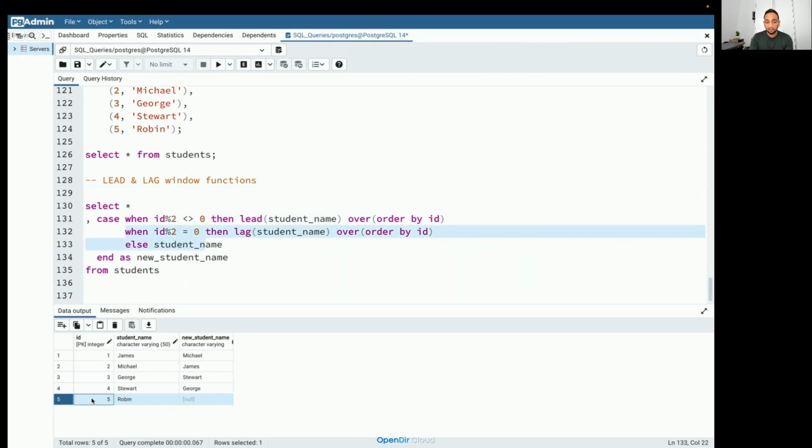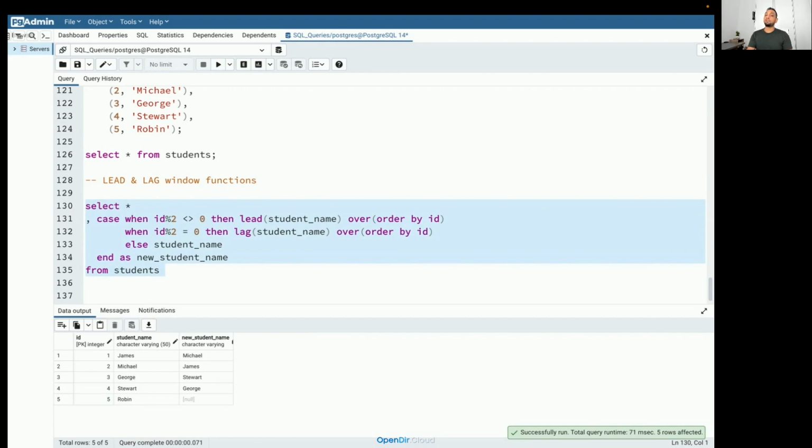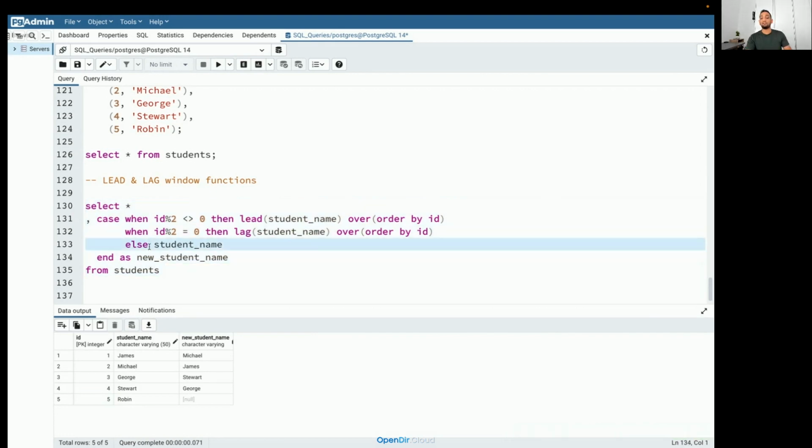In this particular case, ID 5 is an odd number, so this condition gets satisfied. Then it's going to print whatever you have mentioned here. It will never go into this else part at all. So if I execute this, we can see that the output is the same. This else part does not actually solve the problem, so I need to do something here itself.